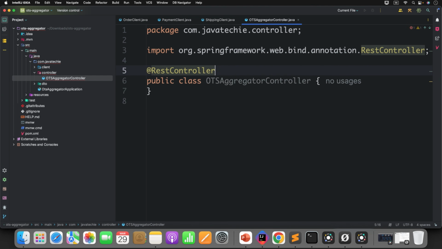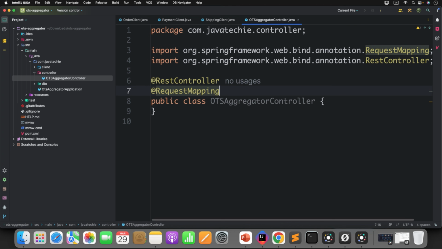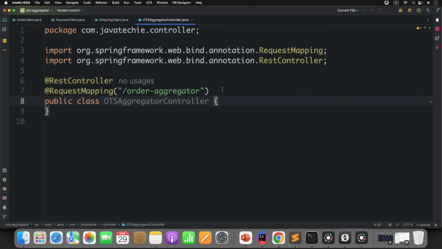Annotate @RestController. Define the root URL or base URL. It is optional, but it's good to define the base URL. Aggregator. Then here I need to inject all the clients: order client, payment client and shipping client, because the endpoint which I will expose, only my front end will access that. For that reason, from that endpoint I need to execute my logic to call different microservices and get the response